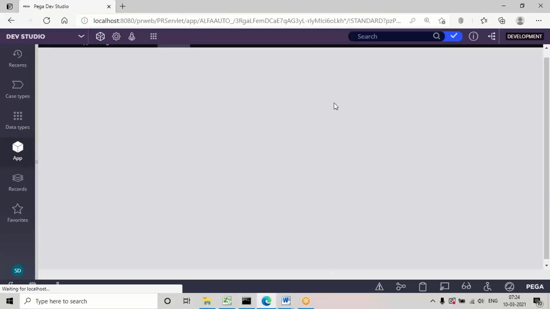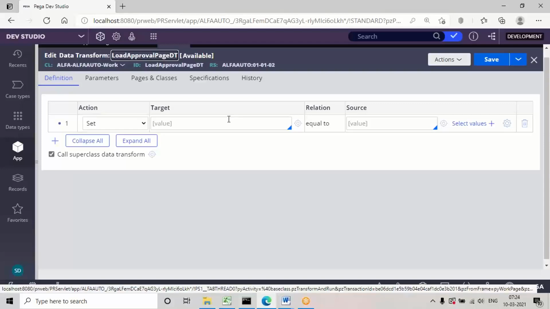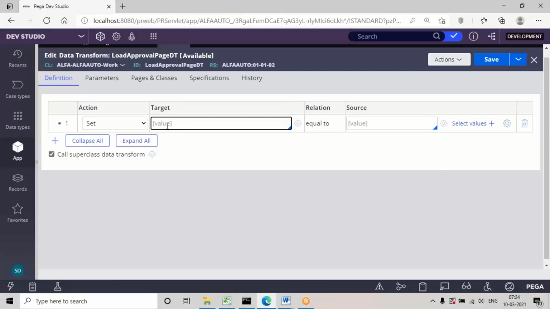So click on open. See, this step is a must whenever we call any section from a data class. That's why mostly we don't create them. But in any case, if you create a section in a data class and you want to map it in the work layer flow action, we have to configure this additional business logic. So we have to select the page and at least one property from this page. Any property you can choose and give the source as null. The only thing is the page should be added to the clipboard. So for that purpose you can use the set function, select the property, choose any one property, set the source as null, and save the data transform.